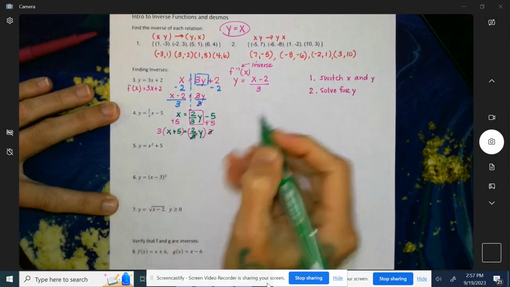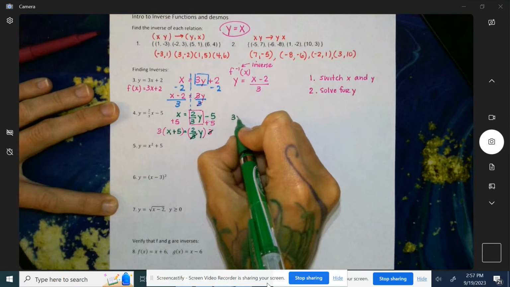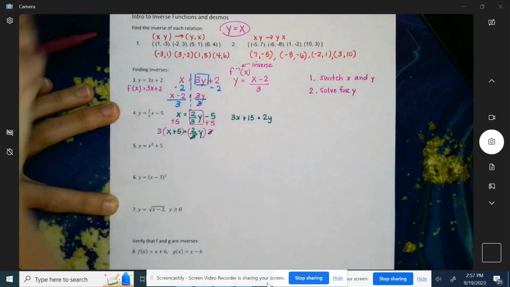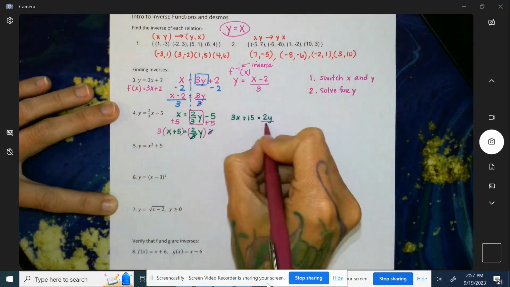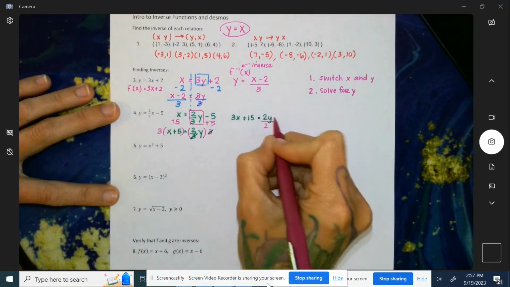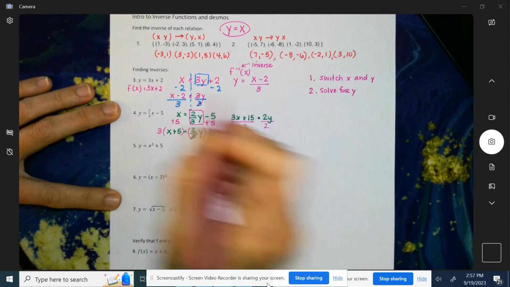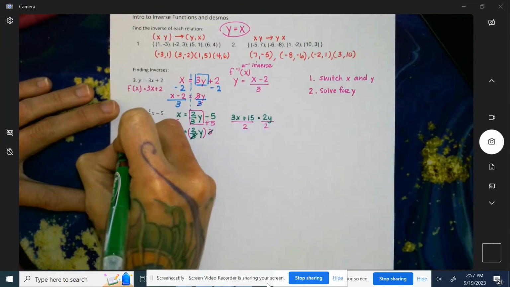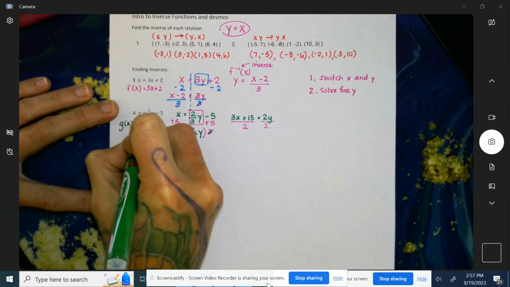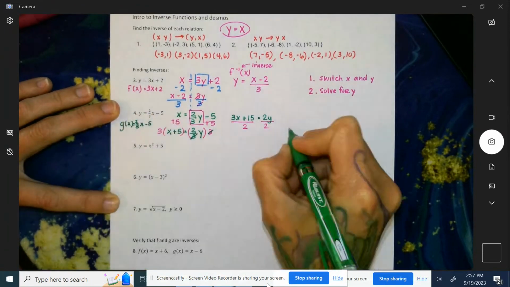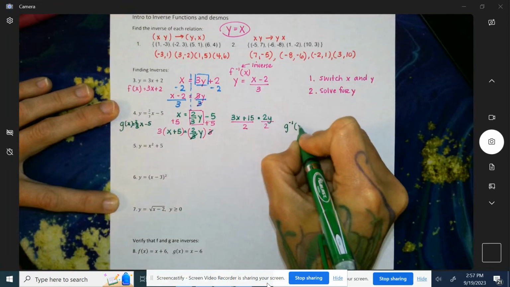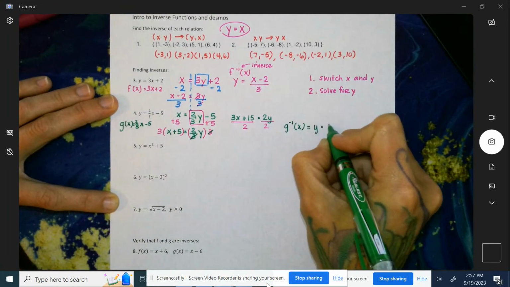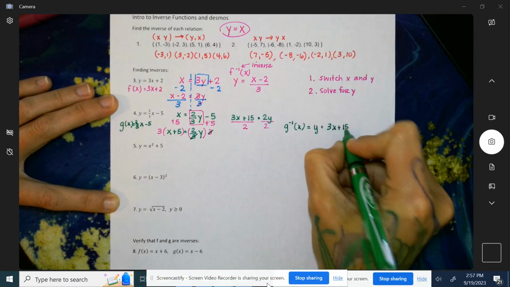So the 3 goes away. And then we end up with 3x plus 15 equals 2y. And then we're going to divide by 2 because remember, again, 2y is 2 times y. And then this whole side is also divided by 2. And so our answer, again, if we'll call this g of x equals 2/3 x minus 5, then g of -1x, so the inverse of g of x is going to be y equals 3x plus 15